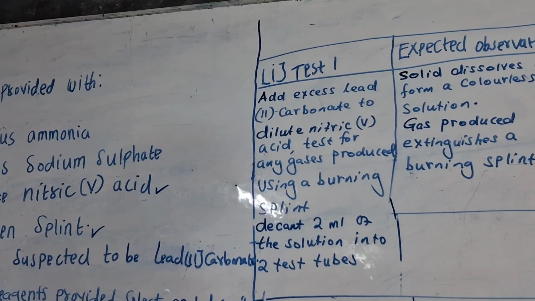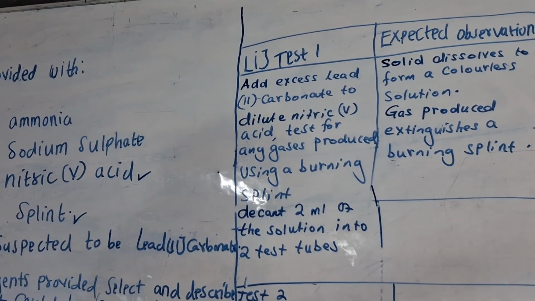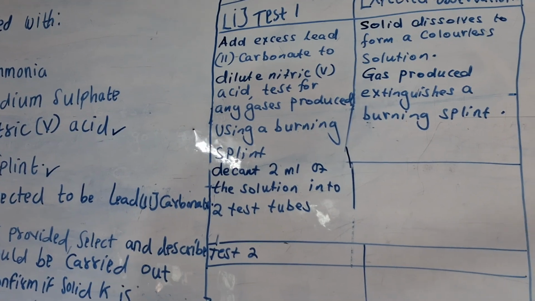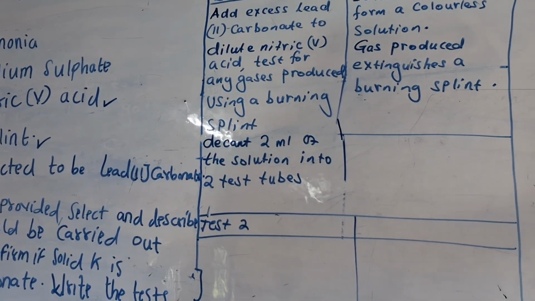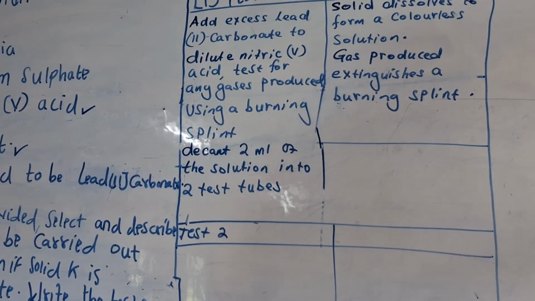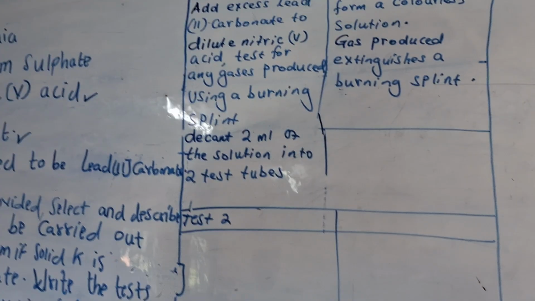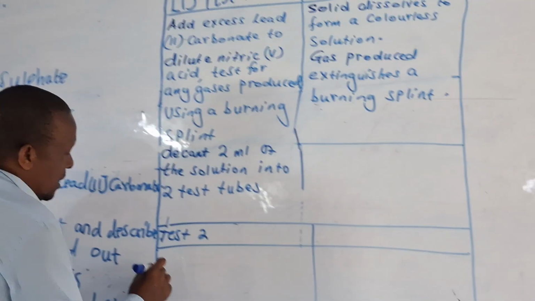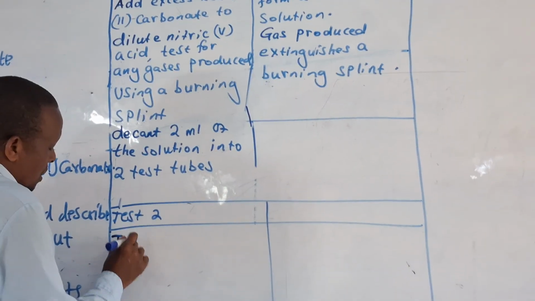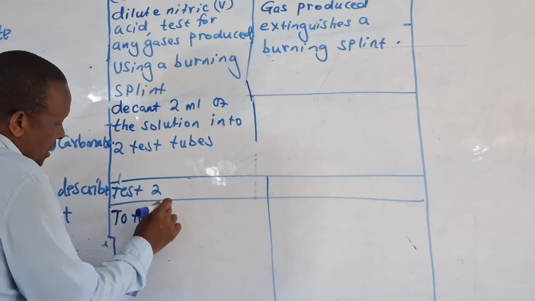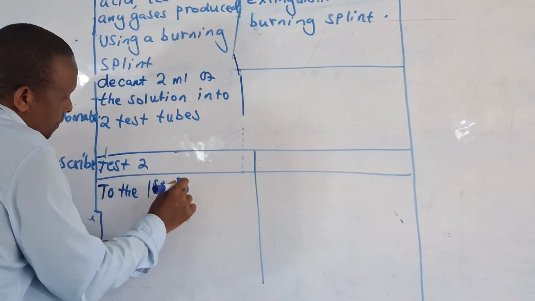To the first portion in the test tube. To the first portion. Are we together? Add aqueous ammonia dropwise until in excess. Are we together? So we see, to the first portion,